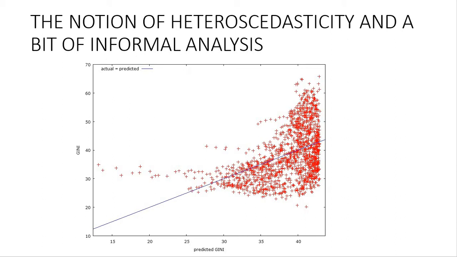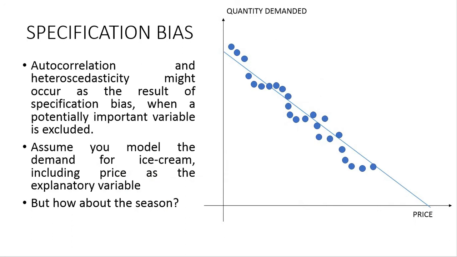You might wonder what the possible reasons for heteroscedasticity are, and one of them is specification bias. As you remember, specification bias is when you do not include an important variable in the regression model. Consider the following example. You would like to estimate quantity demanded based on price. Quantity demanded for ice cream based on the price of ice cream, to be more precise. So yeah, price is important, definitely, and there should be a negative relationship between those variables, but